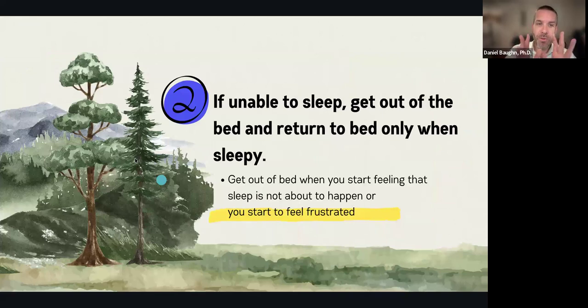Like, what this really means is if you are awake in bed and you can tell that you're not able to enter back into sleep, and if you needed a time on this, I would say 10, maybe 15 minutes. But really, the key thing is if you feel like you aren't about to go back to sleep, or this one's really, really important, you feel like you start to get frustrated, then I want you to be able to get up and get out of bed, leave your bed, leave your bedroom, as long as it's safe for you